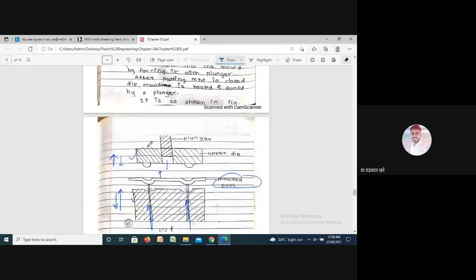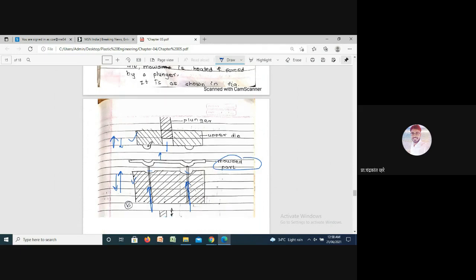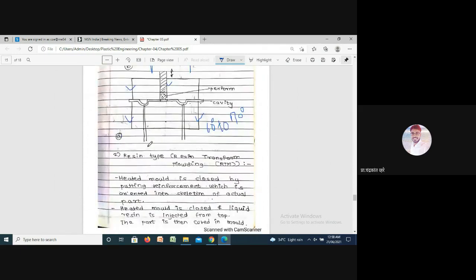Next is the resin type. It can be called resin transfer molding, RTM.